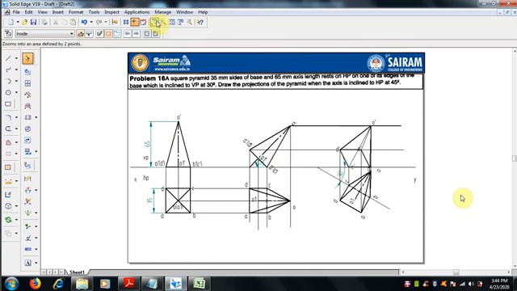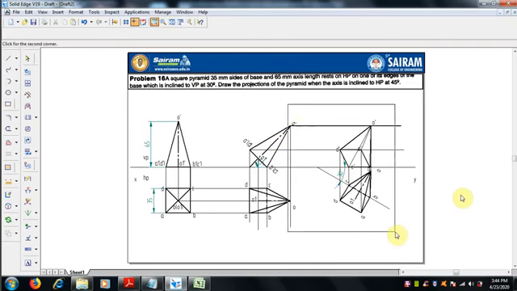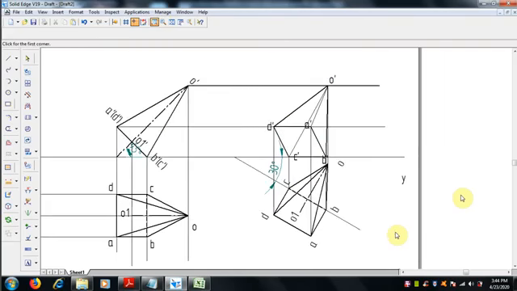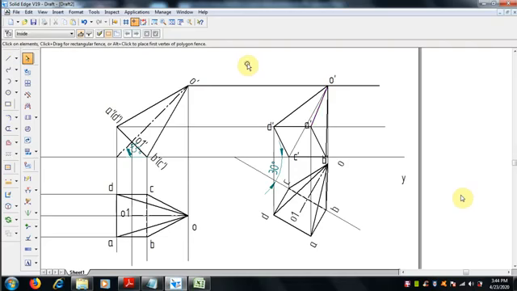So ABCD is visible, and the slant edges which are connected with these visible edges are also visible. So ABCD, since it is fully visible, the A to O is also visible. Okay, now this is the front view.